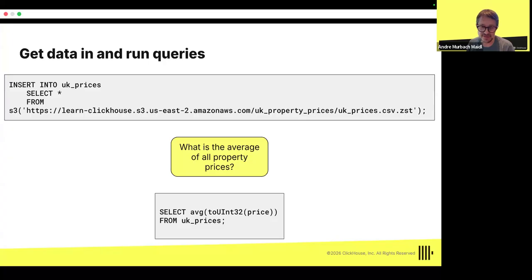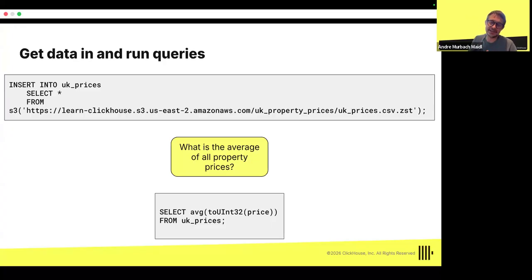This is actually a very simple query in ClickHouse. You can run just a select, and you run the average function on top of the price column. Notice that I'm using from UK prices because that's the name of the table that we just created. And why am I doing a conversion here to int?